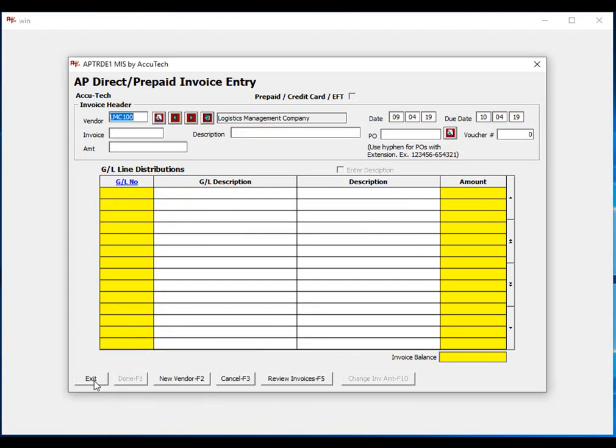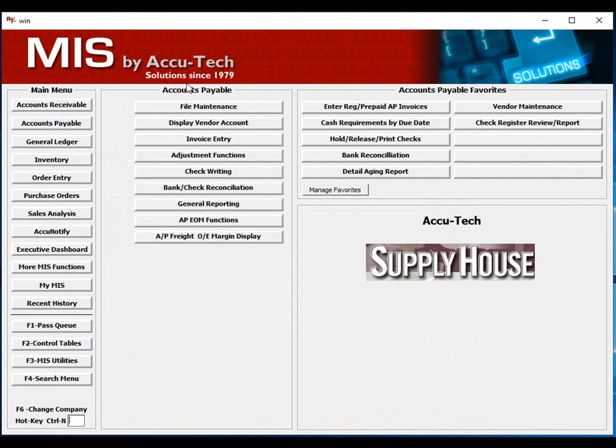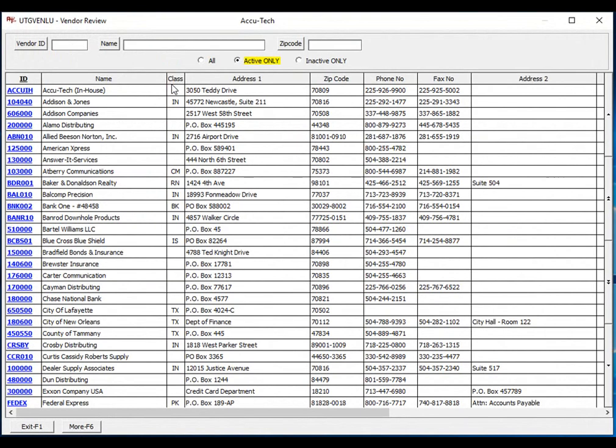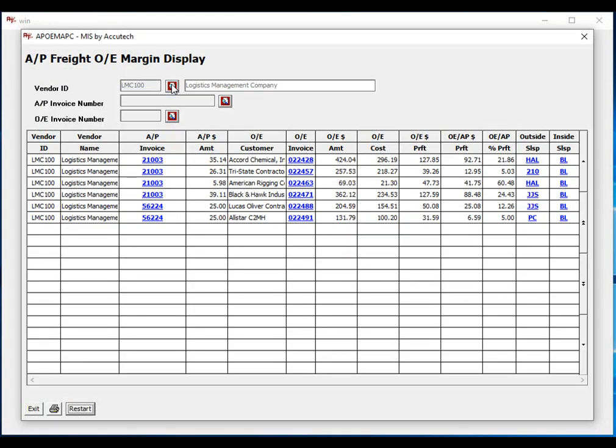Let's exit our accounts payable invoice entry function, go to our accounts payable main menu, and we will choose the accounts payable freight order entry margin display grid. I will access my vendor, and the system will display all associations with that vendor. The system will display the vendor and vendor invoice number, amount dispersed on the vendor invoice, the customer name and